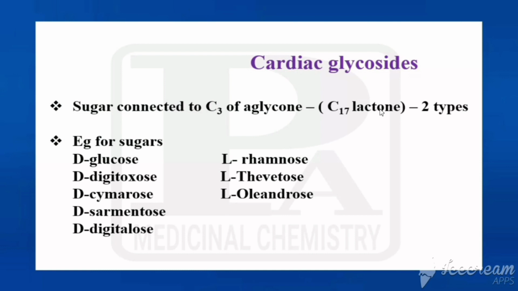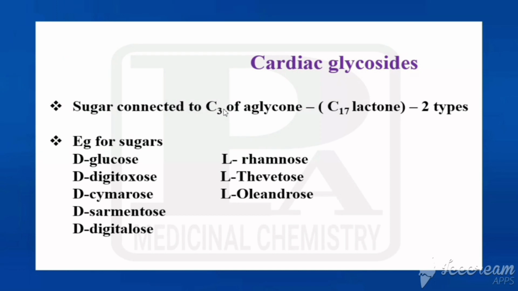And in steroid, we said that at the third carbon, it has an oxygen containing functional group. So in that, if it is a cardiac glycoside, sugar would be attached. And how are the sugars connected to the third carbon? By means of a glycosidic linkage, otherwise called an ether linkage, because between the sugar molecule and the other part, only oxygen would be there. So that can be called a glycosidic linkage or ether linkage. The sugar part is called glycone, and other than sugar, that is the steroid nucleus with the lactones, cardenolide or bufadienolide.